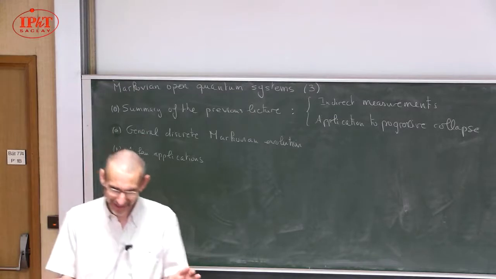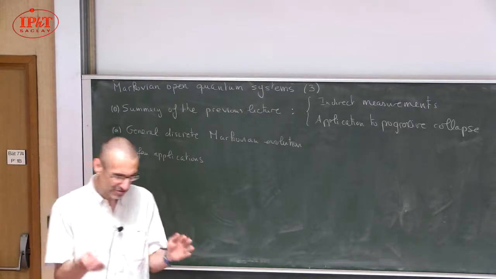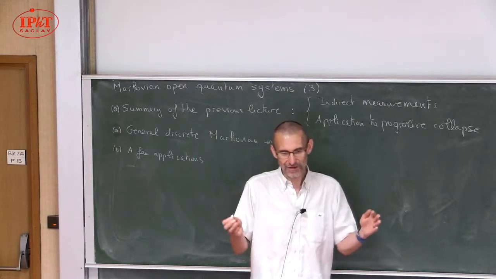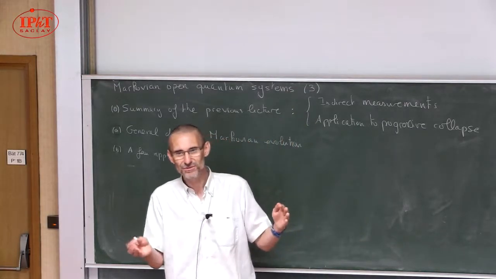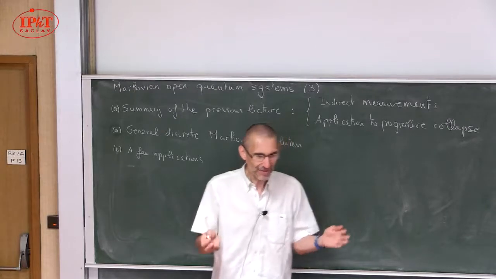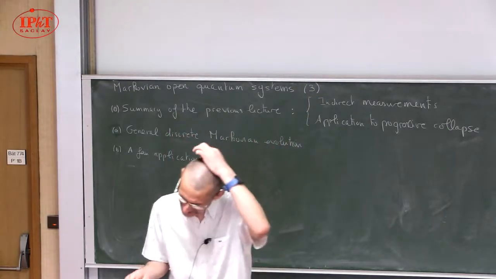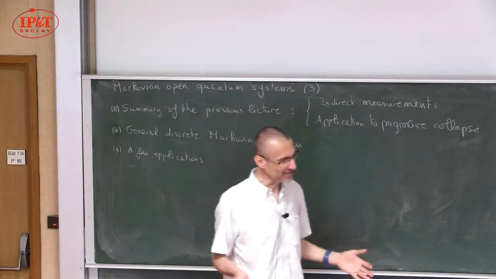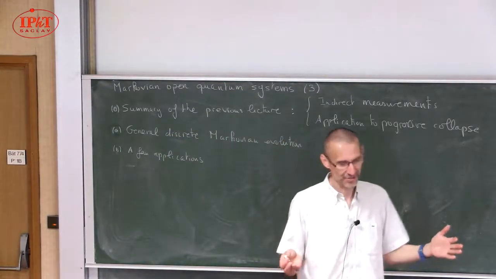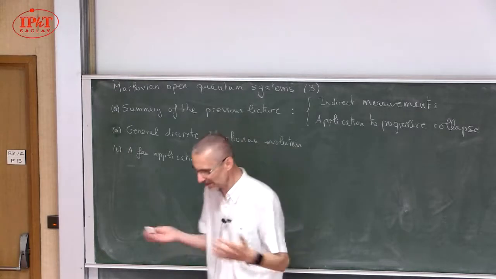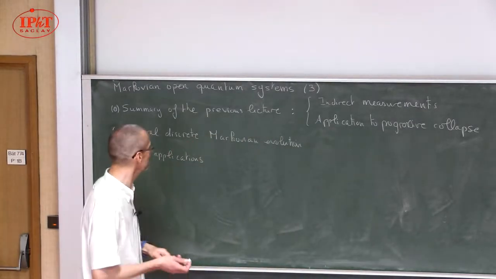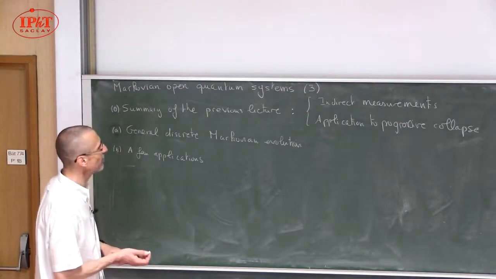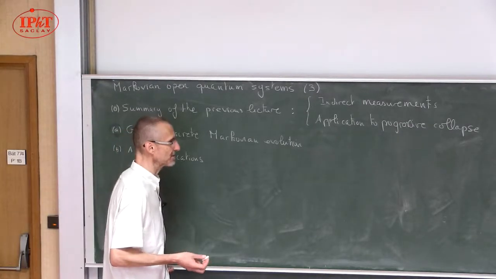What is very, very nice is that the use of indirect measurements allows us to build the measurement apparatus somehow little by little, and somehow to have time play the role of size in a certain sense in this discussion. And as time goes by, in fact, the system is in contact with a larger and larger measurement apparatus, and the wave function collapses at some point. Okay, I think this is enough for what I wanted to say about the previous lecture.